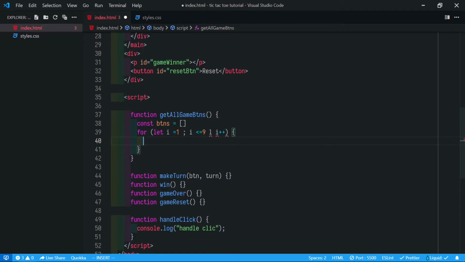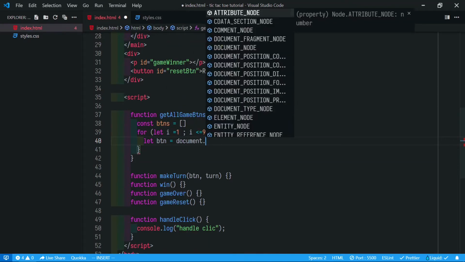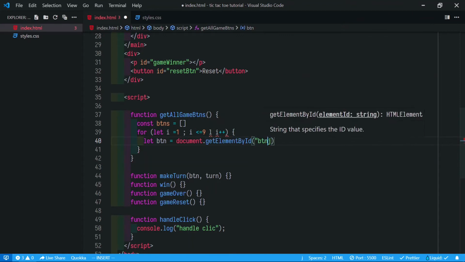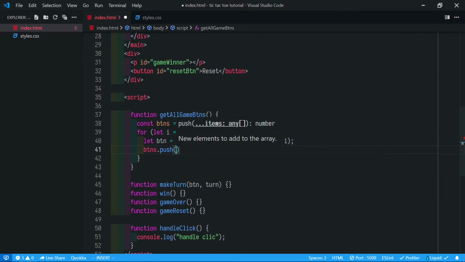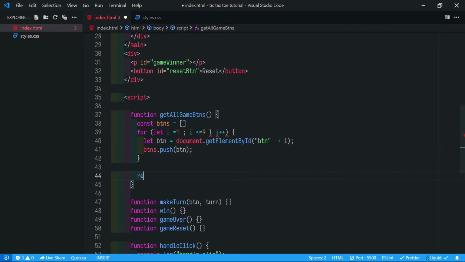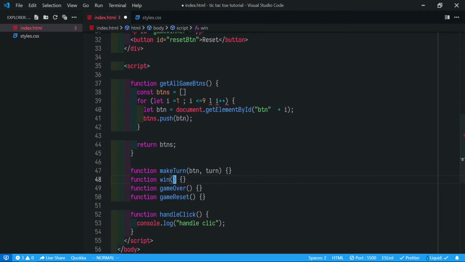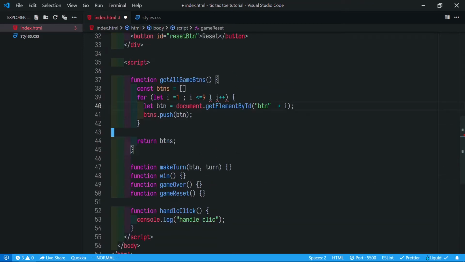We find let button equals document dot get element by id, button and the number, and then buttons dot push button, and last, return the buttons. This is a function to get all the buttons.